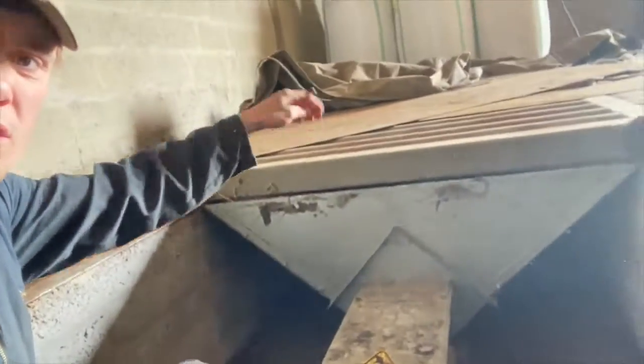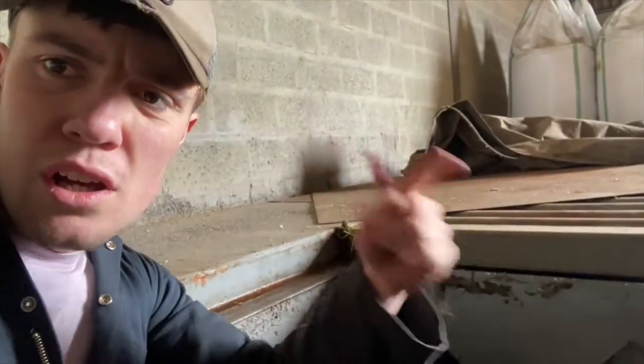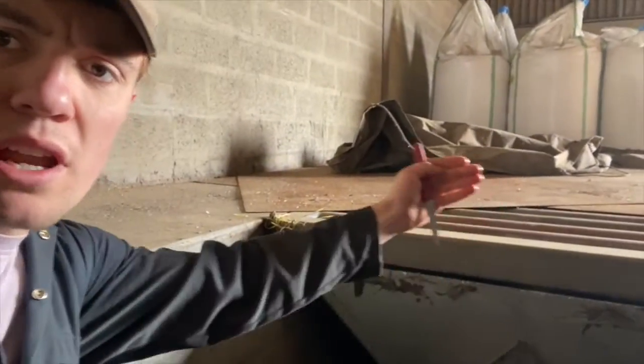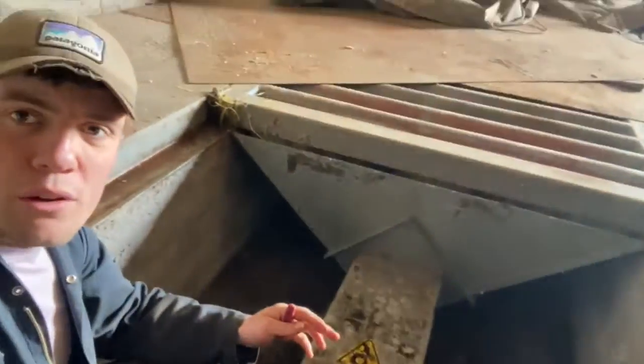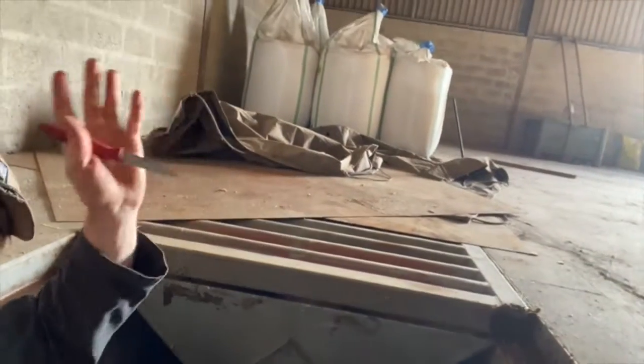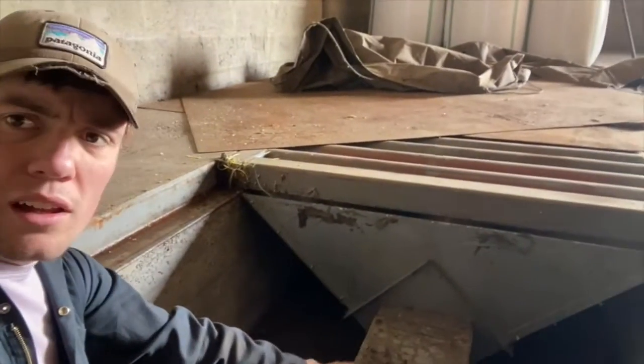So just while this pit cover's off, I'll show you how it is. So that V, that's where the grain falls into, and all along this there's an auger, and that pulls the grain all the way up into the bottom of the elevator of the grain dryer. So this is me in the pit now, and it just allows you to cover all of this with grain, and then it draws in through the